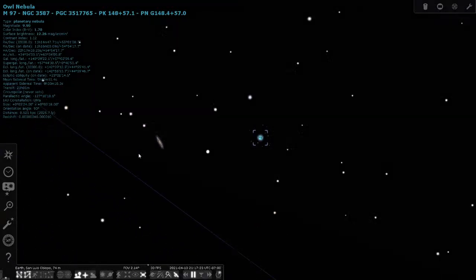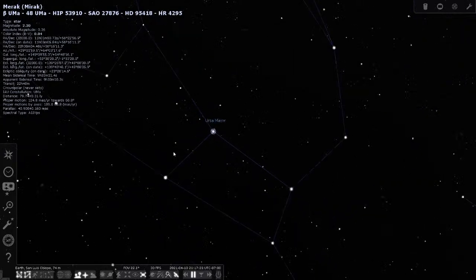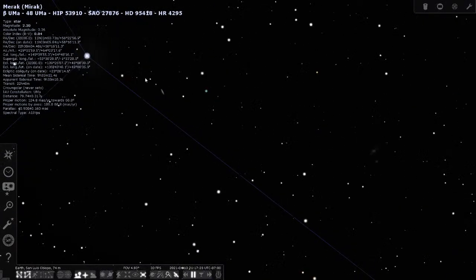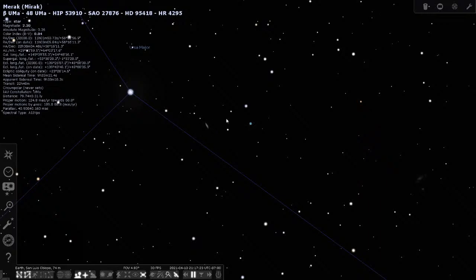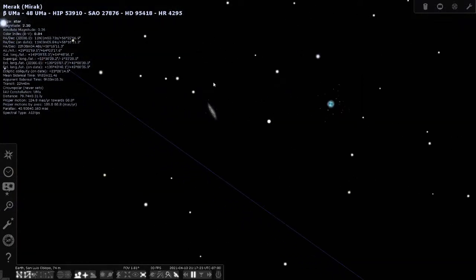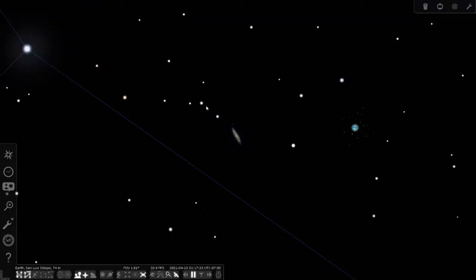There we go. So if we go back to Beta here, yeah, that's Beta Ursa Major. You just slide along the underside of that and go a little bit south. If you've got a star chart, it makes it real easy to star hop. You just jump along those stars. Binocular-wise, those stars will show up. And you can see there's a pair between the owl and this other little galaxy,